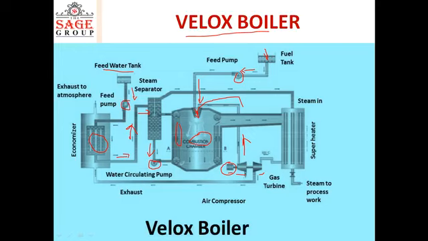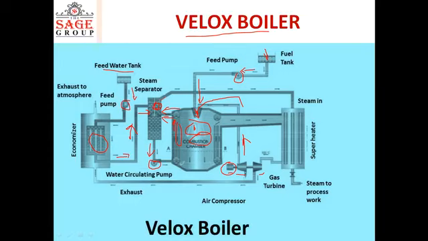So heat transfer from these gases to the water will occur, and the water will be evaporated, and after evaporation the steam will enter this steam separator drum. Here the water will be evaporated by taking the heat from the gases in this section, and then it will produce the steam. Then this steam will come to the steam separator, and the steam will lie on the top side, the upper section.